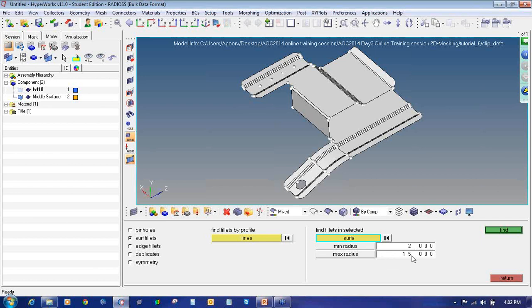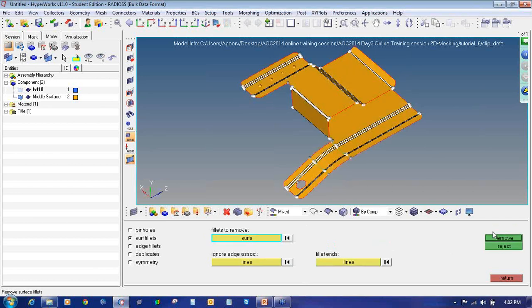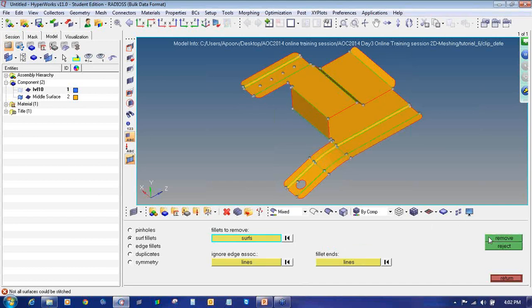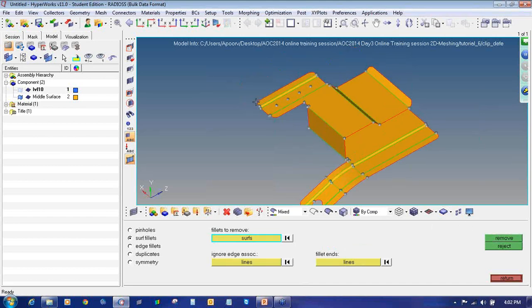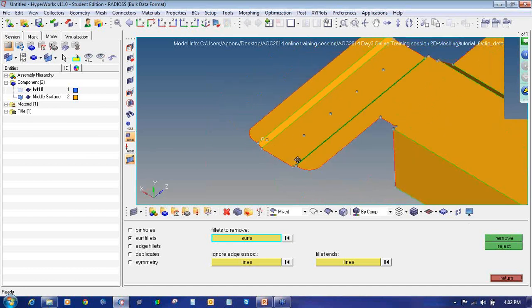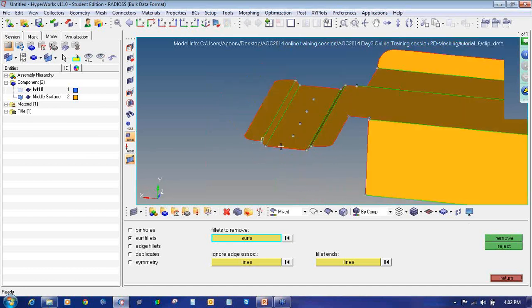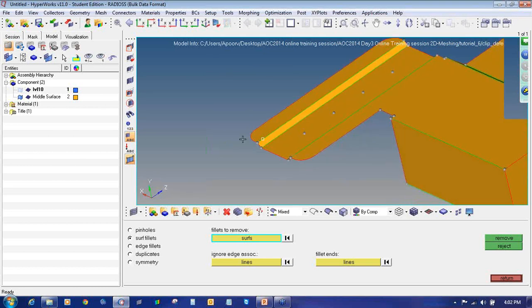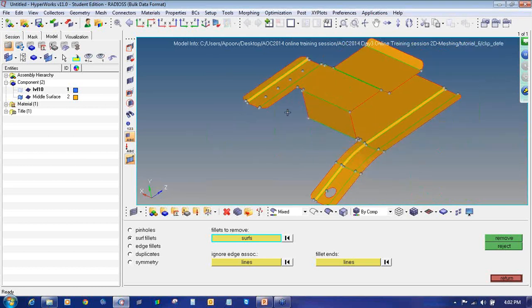That is okay. Click on find. It will find all the fillets having a radius range of 2 to 15, and say remove. It will remove all the surface fillets, as you can see, and create sharp edges. As my failure locations are not the surface fillets, that's why I removed those.